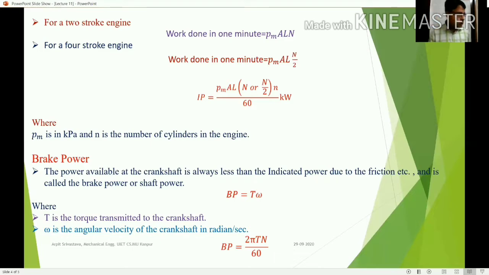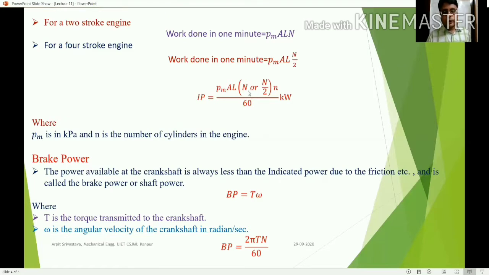Okay, if we talk about the 2500 cc Mahindra Thor, yeah, you can say Jeep engine, so here we are using a 4-stroke 4-cylinder engine. So 4-stroke 4-cylinder engine means here the small n value is 4. Okay, so that depends upon how many cylinders are placed inside the engine. So small n represents the number of cylinders, and capital N represents the RPM of the crankshaft.